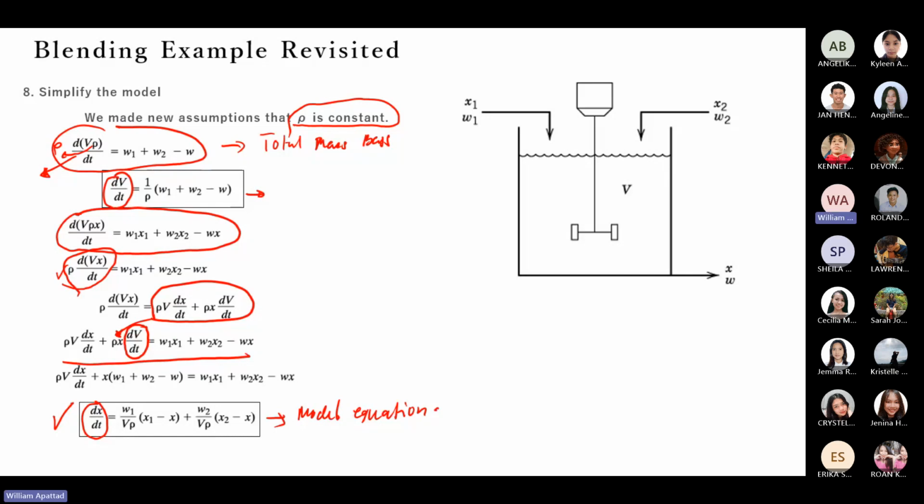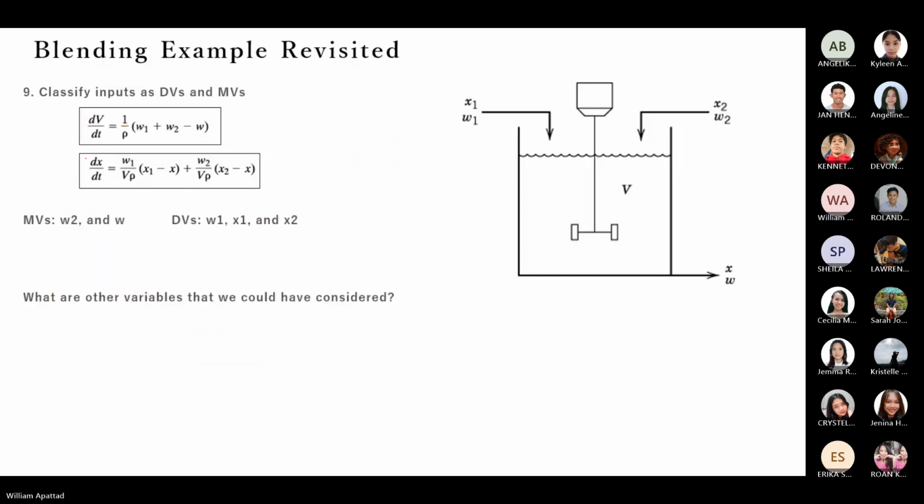Do you have any question about that? Okay, wala. Okay, so step 9 natin pala, may step 9 pa pala, no? So classify inputs as disturbance variable or manipulated variable. So ginawa na kasi natin yan sa degree of freedom analysis. So ang MV natin, manipulated variable,